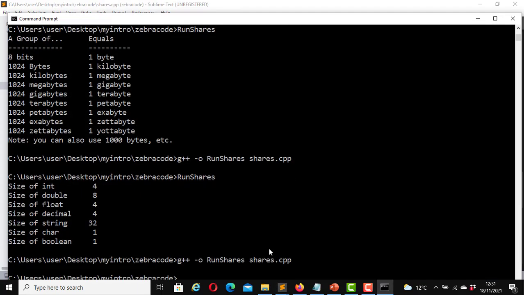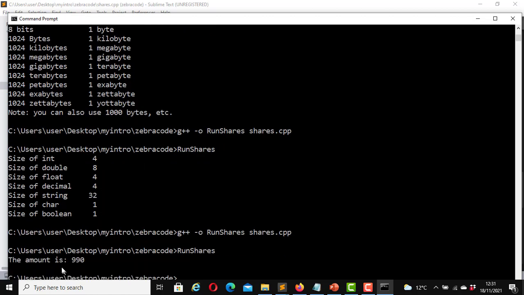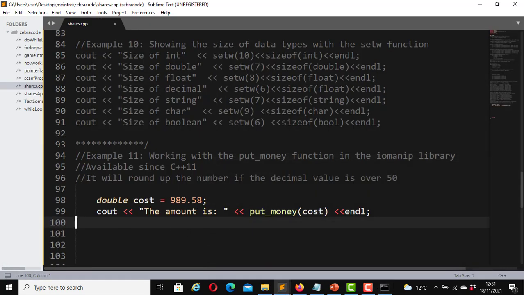Great, it was compiled successfully. Now let's run it. Exactly, the amount is 990. What happens here is this: the amount here is 989.58. So 58 is rounded up to 1, then added to this, it becomes